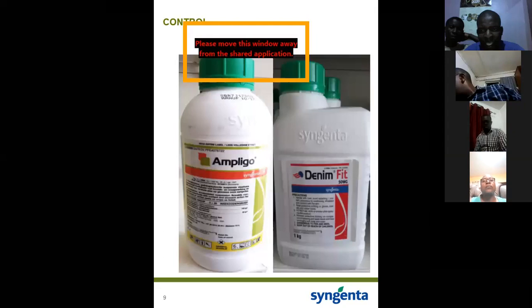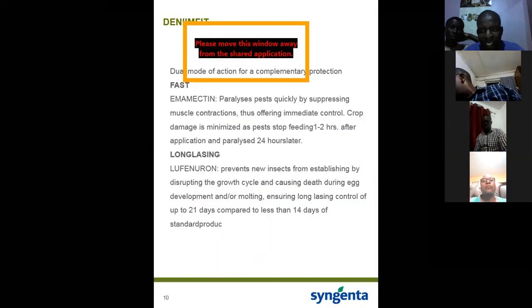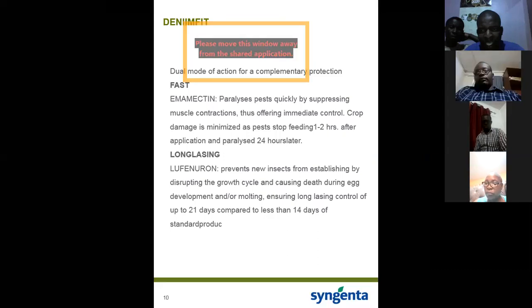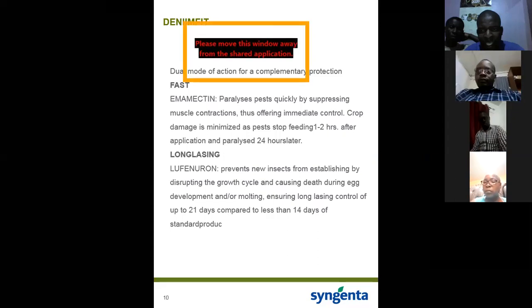I'll explain a bit about Denimfit and why I've chosen it as a control for Tuta. It's because it is powered by two active ingredients, which are emamectin and lufenuron. What emamectin does is paralyze the pests. After paralyzing, the pest fails to move and eat, and then it dies within 24 hours. Then lufenuron,